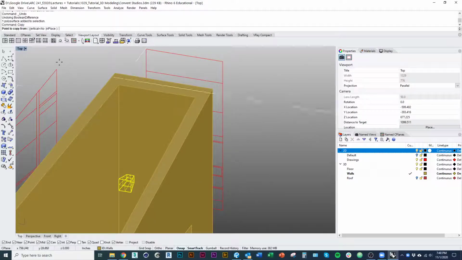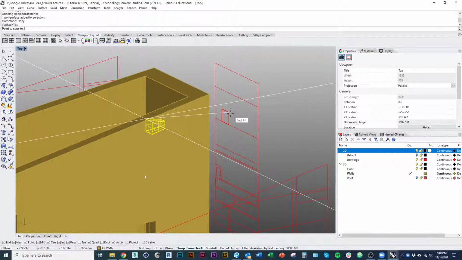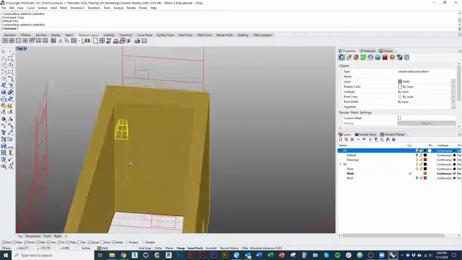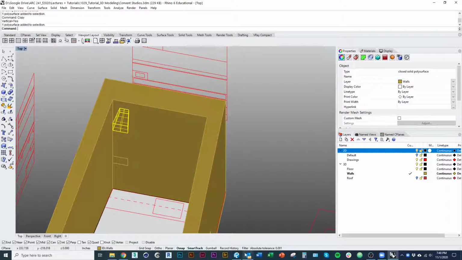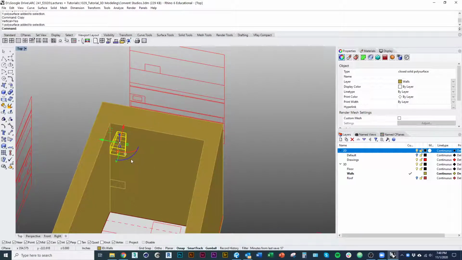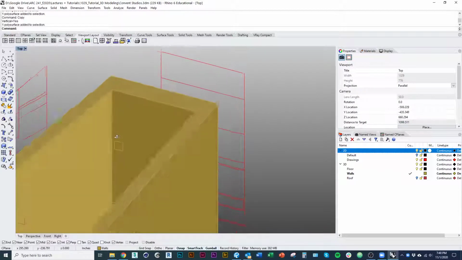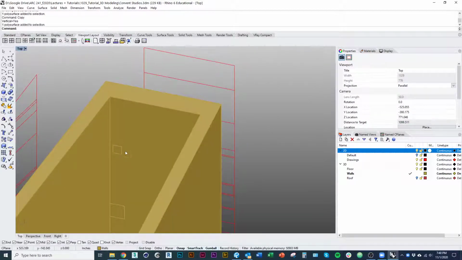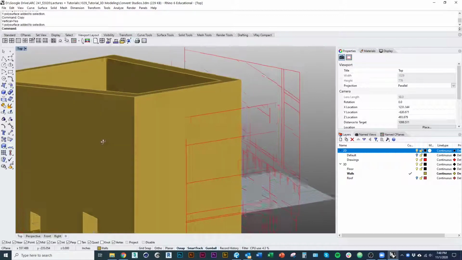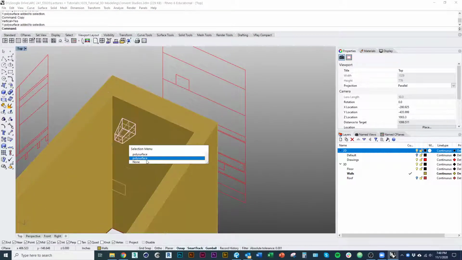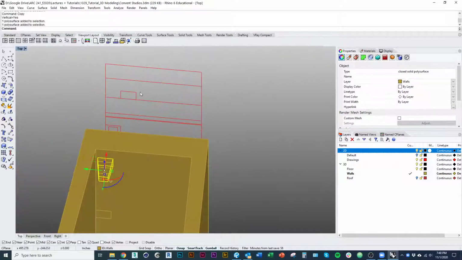So I'm going to copy it. I'm going to constrain it to vertical. Move it up to where that guy is. It's also actually rotated. Use my gumball. Rotate it 180 degrees. In other words, the smaller cutout is on the inside of the larger cutout is on the outside. And then I'm going to move it over to line up with the cutout on the